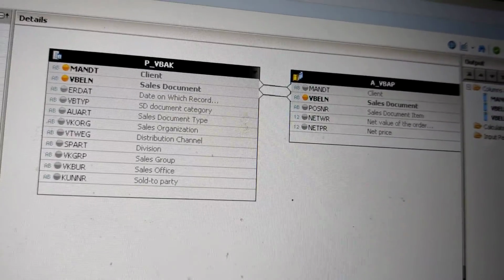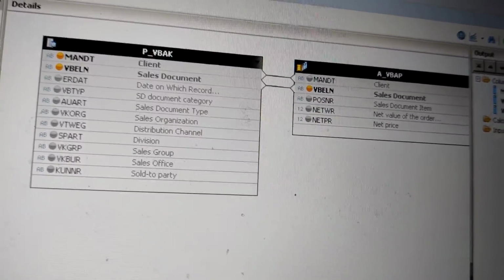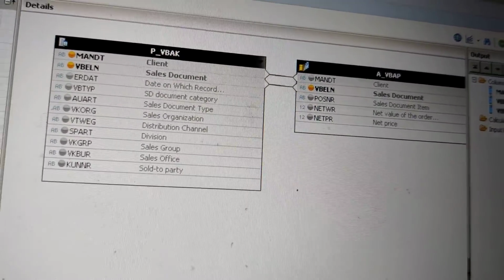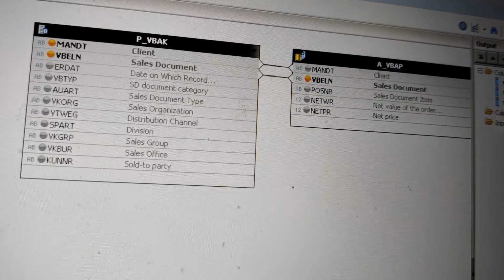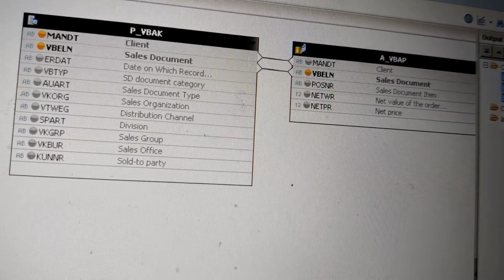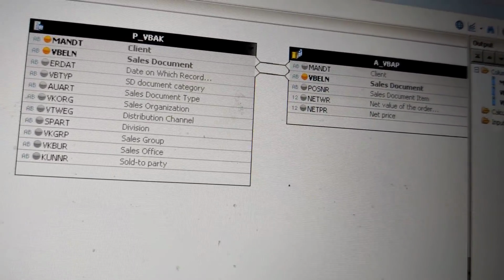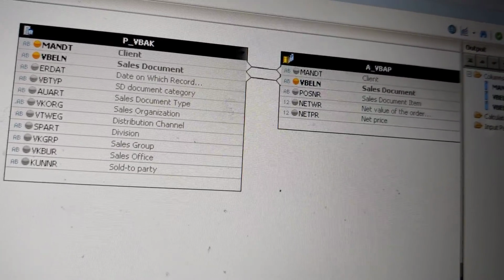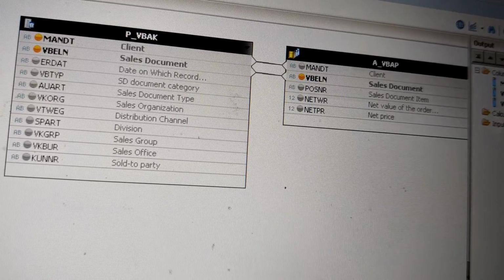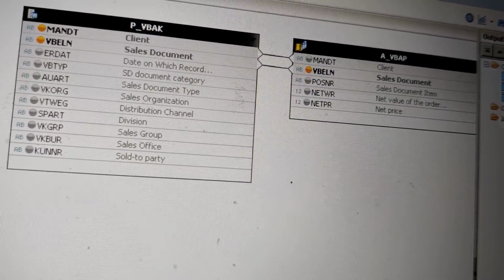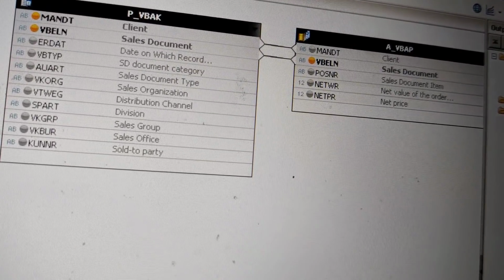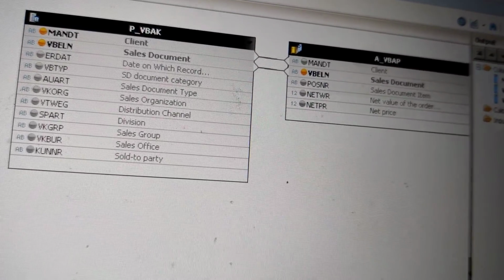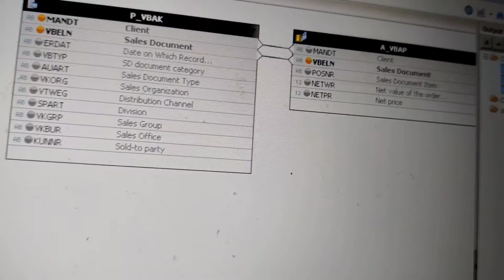Let us suppose you have taken sales document, you have field 01, 02, 03, and you are selecting other fields also, and even VBELN also you have the sales document 01, 03, 05. So from here it will only take whatever the common values, 01, 03, 05. So in the end we will only see the common values between them.